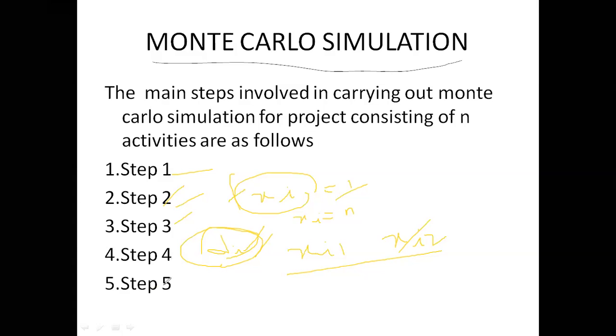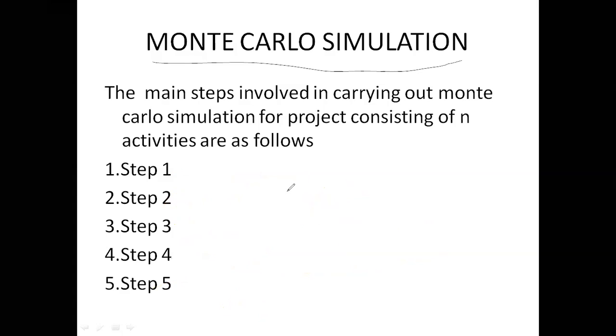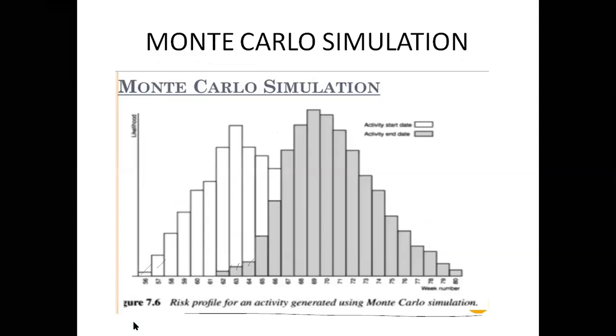Next one, step 5. Analyze the result di, equal to 1 and so on, and summarize and display using a histogram like the one shown in the above figure. This is the figure we have already seen, representing the probability in this form. So that is about Monte Carlo simulation.